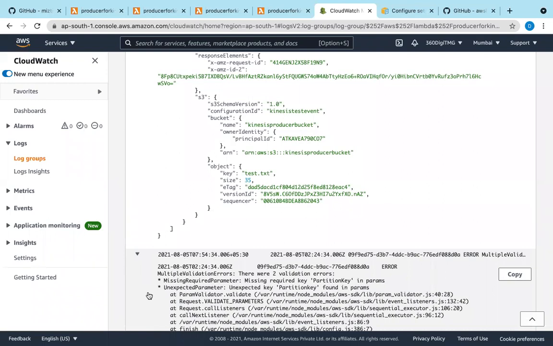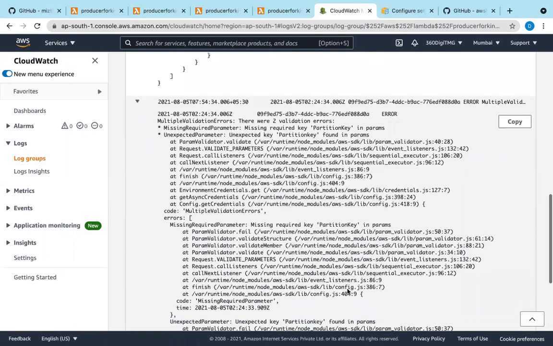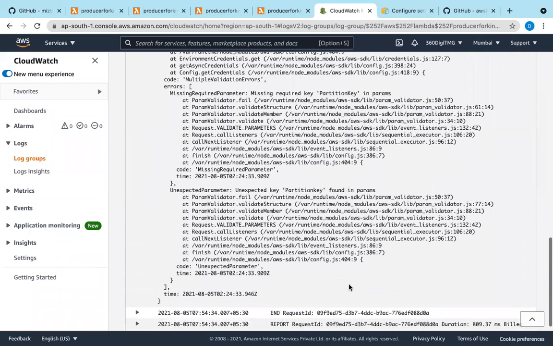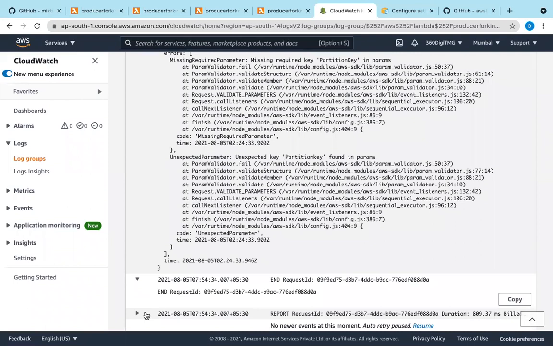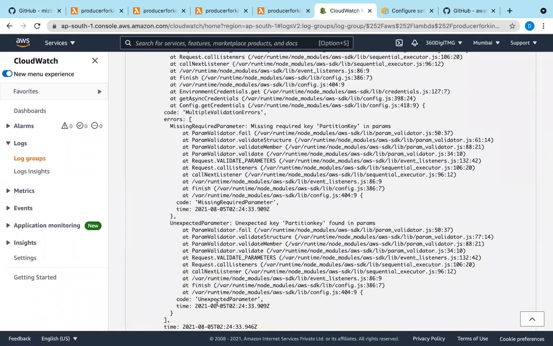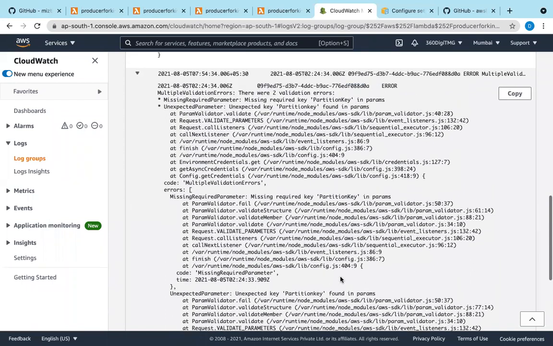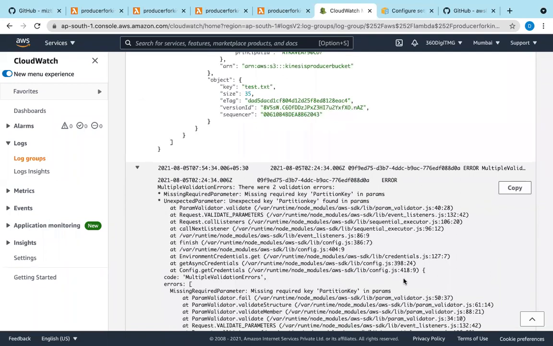Then we'll go and check here. Here we are getting some error. Partition key in params is missing, some runtime errors. Let's go and check here. Unexpected parameter and AWS SDK listeners. Okay, I'll try to resolve this later.